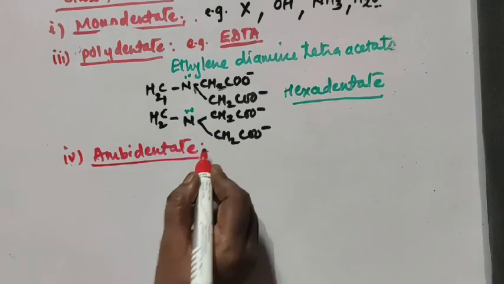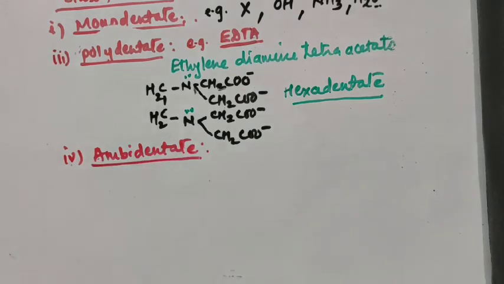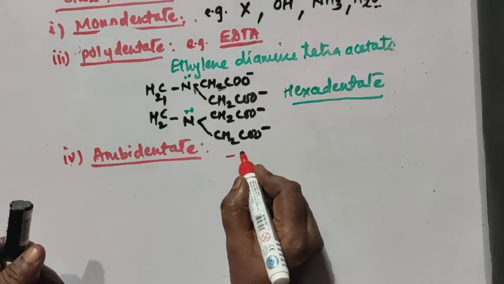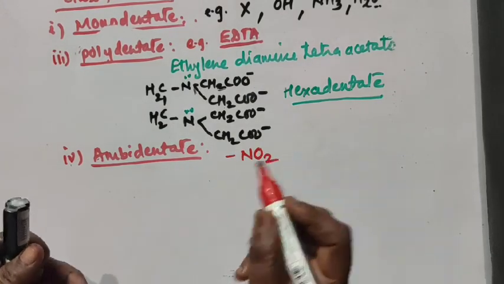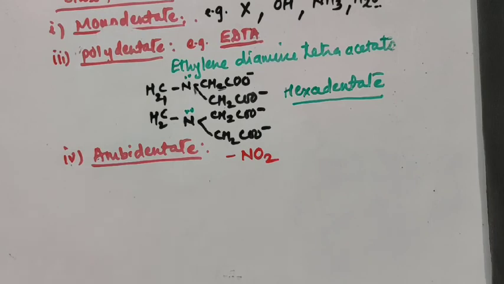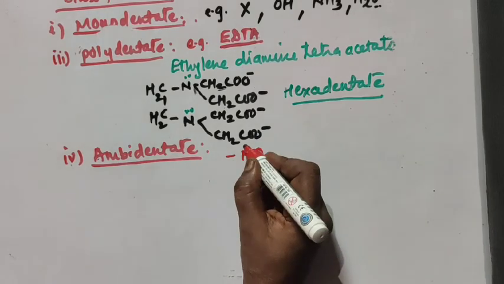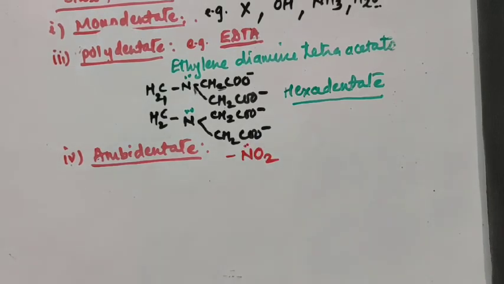So in an ambidentate ion, two atoms are there which can donate an electron pair, but at a time only one atom can donate it. We'll take the example of NO2. In NO2, the nitrogen atom contains a lone pair of electrons. So the nitrogen atom can donate an electron pair, and the oxygen atom can also donate an electron pair. So I can write here